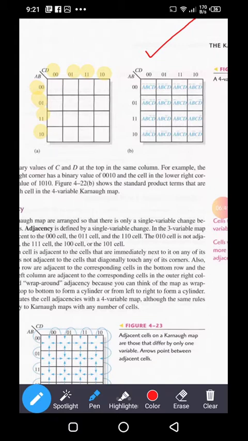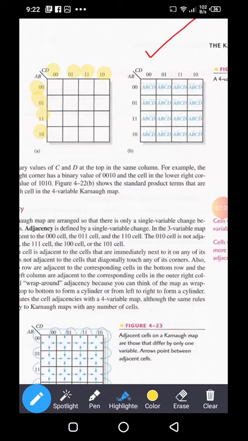Remember students, I have already told you in digital electronics, if a variable has a value 0, then it is denoted by a bar over it, which is called the complemented form of that variable. And if the variable has a value 1, then there is no bar over it, so it is called uncomplemented form.